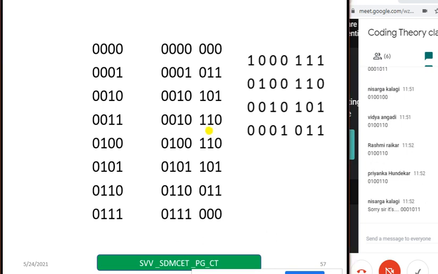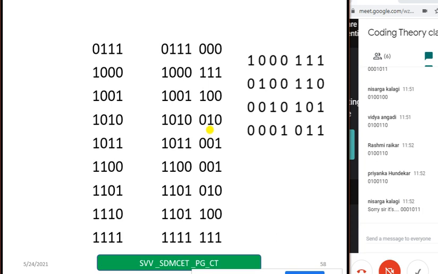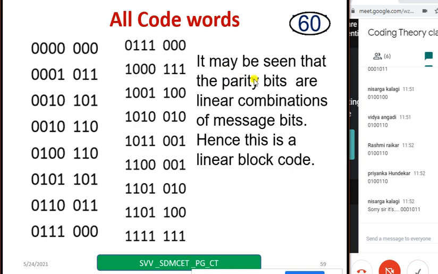Now let me show you the, okay, no problem. So let me show you the complete code words. You can take a minute, you can glance, and even copy down if you want. I will spend a minute on this. If you want to ask, you can also write in the chat box. I will have a discussion for a minute.